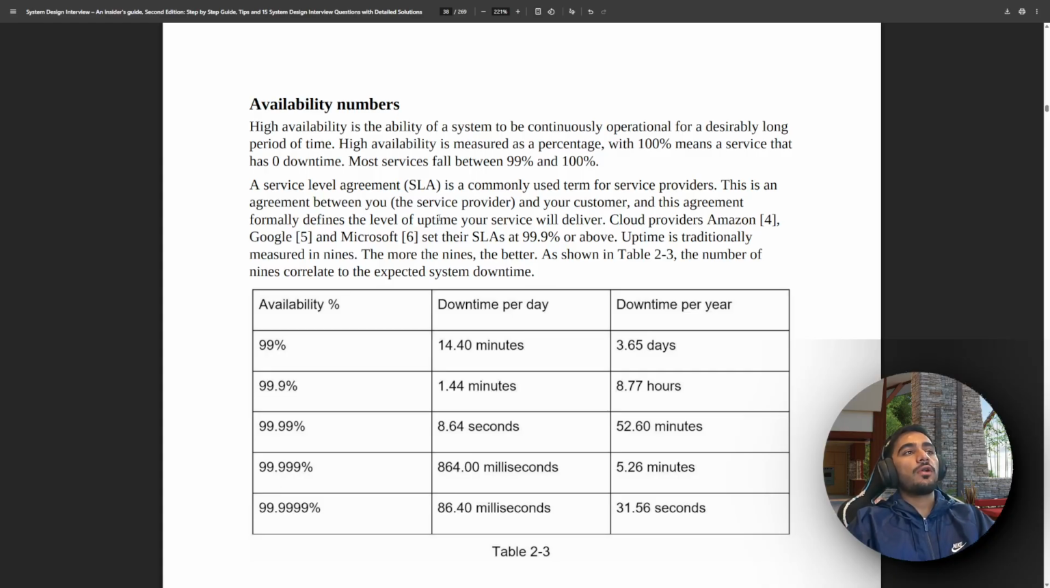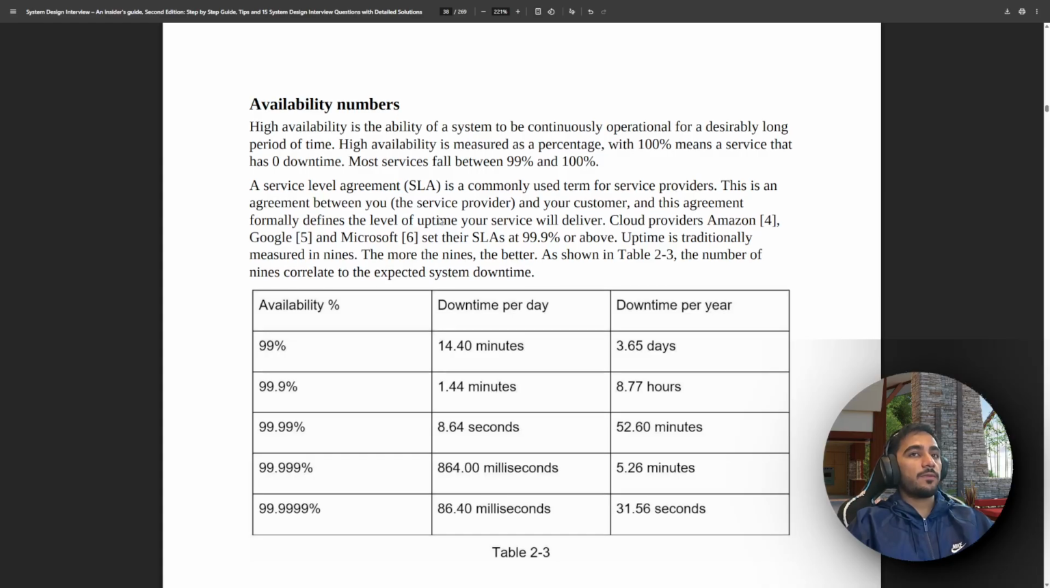So yeah, what does 99% availability mean? It means a downtime of 14.40 minutes per day and 3.65 days per year, which is pretty simple because 1% of 365 days is 3.65 days. So that's how it is calculated. Now, how do you arrive at the number of 99.9%? So 100 minus